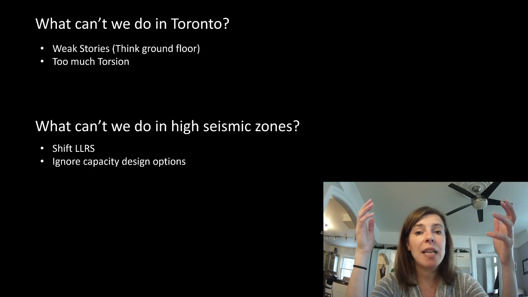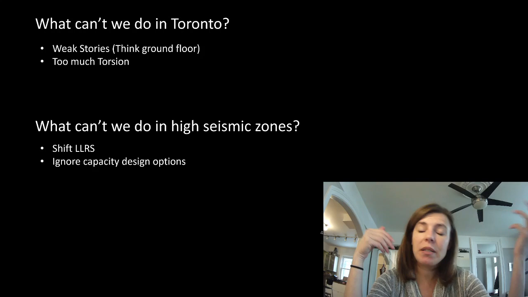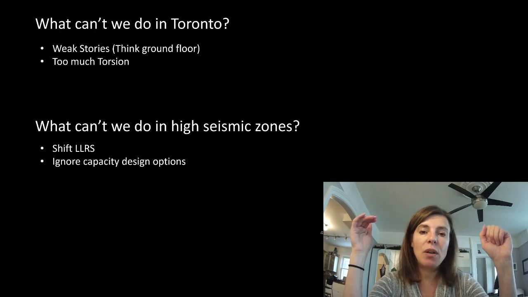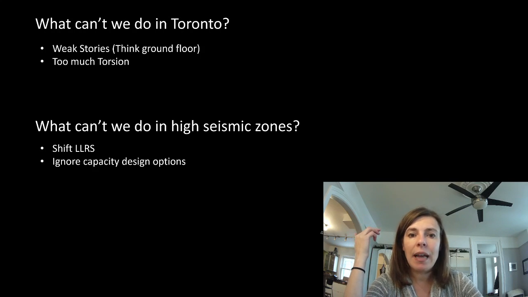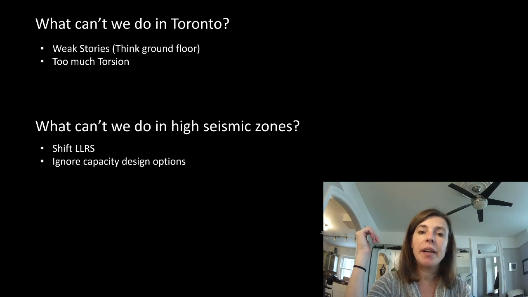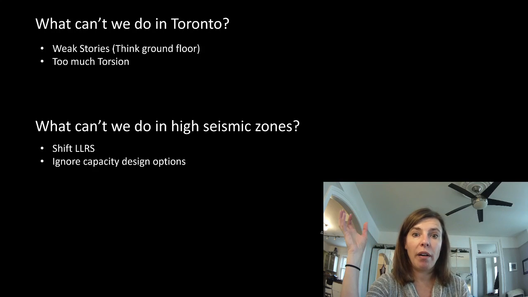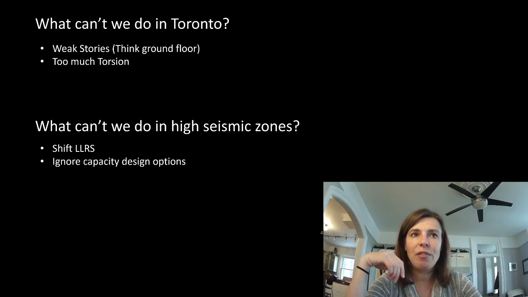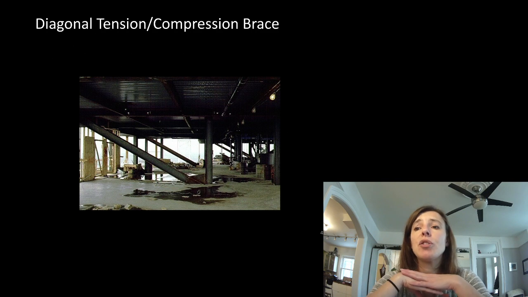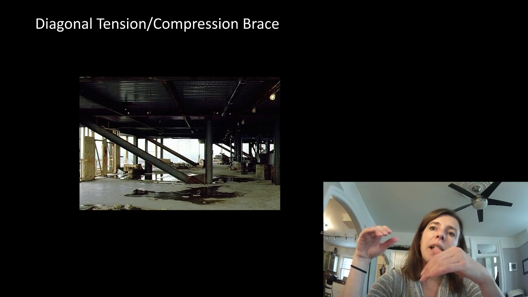In Toronto, we can just say we're not doing capacity design, and we go about designing it for the maximum loads, which aren't that high because it's not a high seismic zone. But in high seismic zones, we have to work really hard at that design element. So the fees for seismic design might be quadruple, but it actually usually means that we have a great reduction in material, and the cost savings ends up being more than it would have been by just over-engineering it. In Toronto, it doesn't save any money because we don't get to take away much material, and we'd increase the engineering fees drastically. So now let's just look at a bunch of pictures, and then I have to sign off